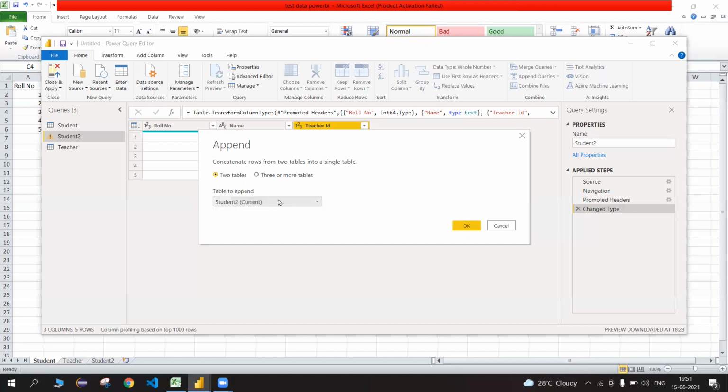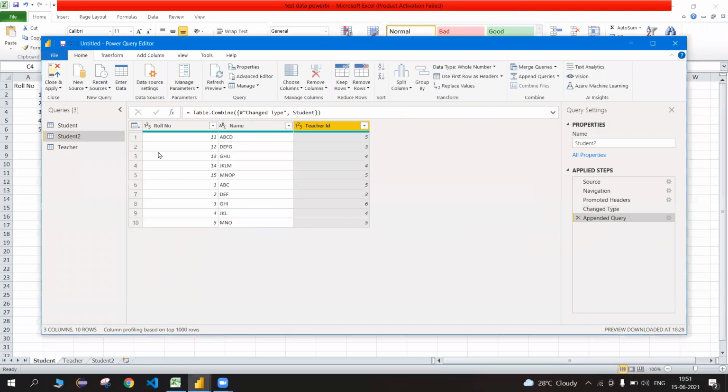Student 2. So basically, here we need to mention the table which we would be using second, because the table we are already making use of is the first table. We have selected this option from the second table. So now I need to specify the other table that I would be using. So the other table would be the student table. Once I click on OK, we have here this appended data. So we have all those roll numbers for both the tables. So that's how we append data.